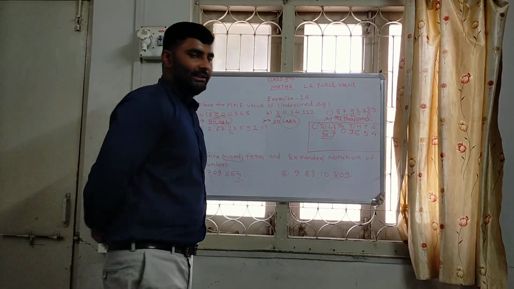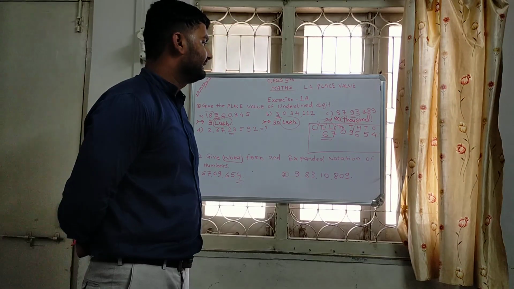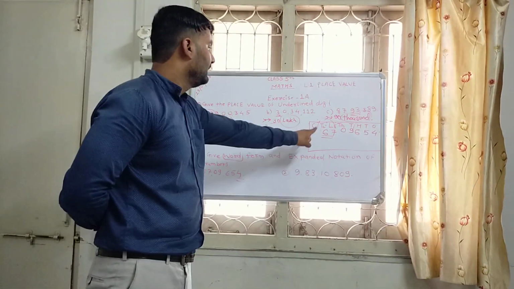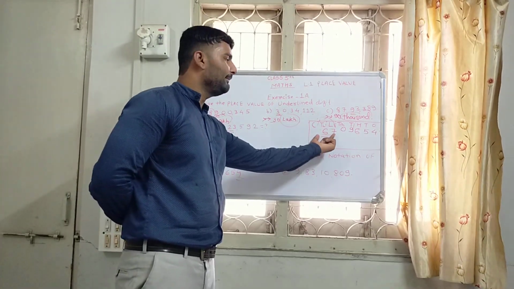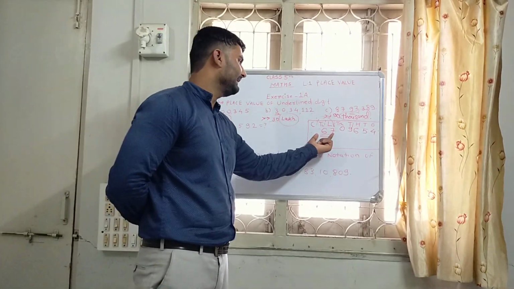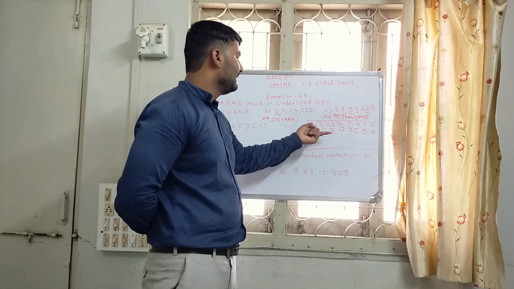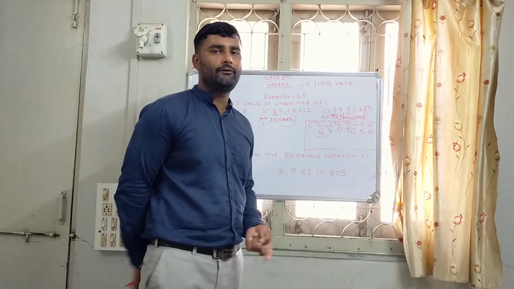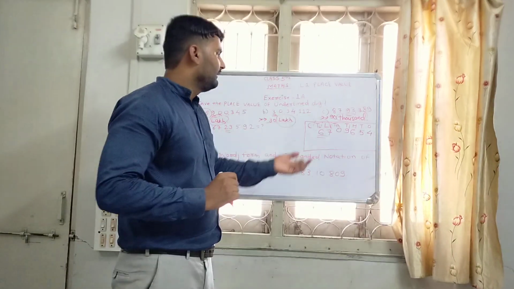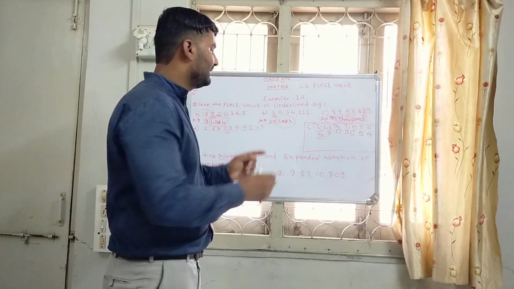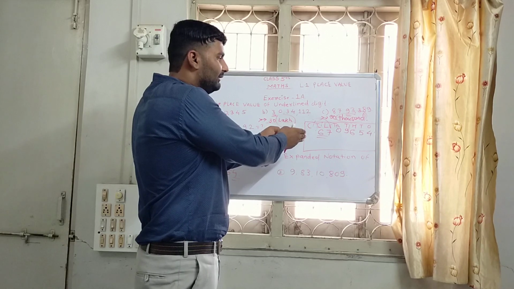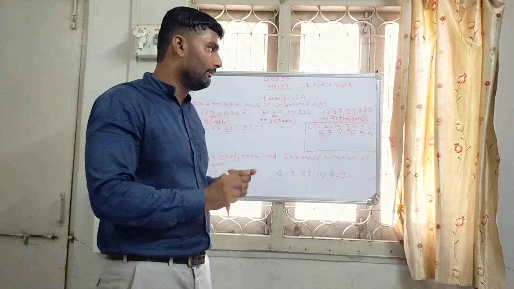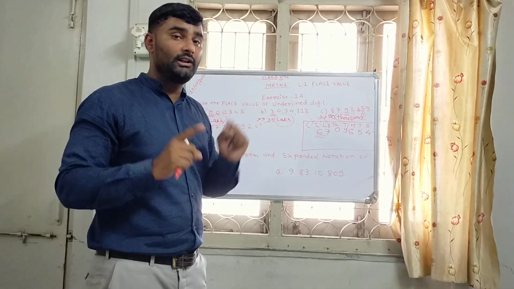Now, what is the last digit here? 6, and 6 is present in the column of ten lakh. Ten lakh means lakh term. By ten lakh and lakh, that means 67 lakh 9,654. Yes, very simple. By just putting the values in the place value chart, you are able to read and write the number as I said earlier to you.